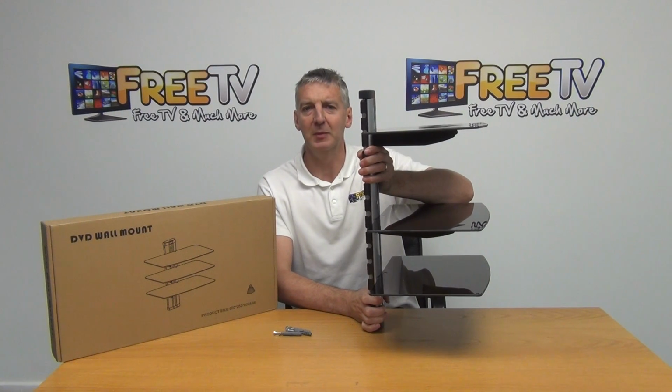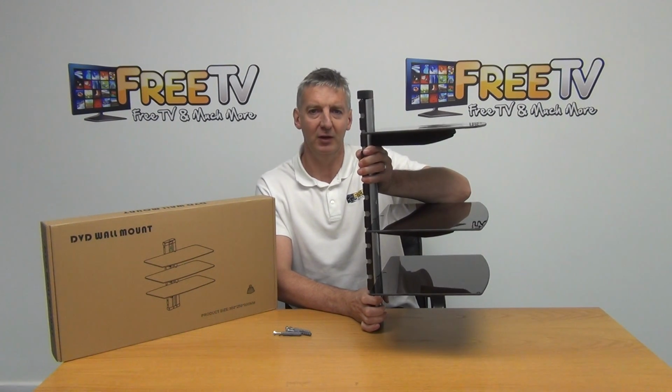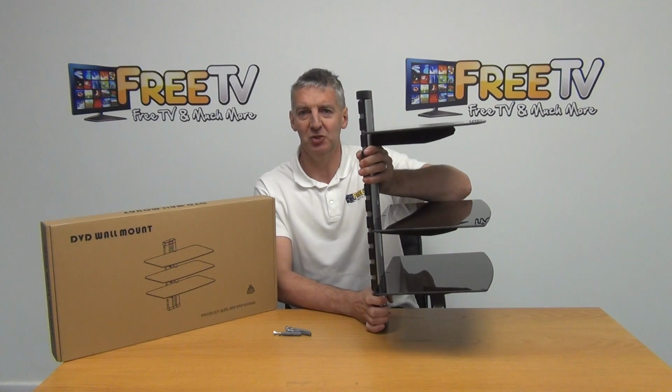Hi, I have in front of me a receiver wall shelf. This is basically a three-tier unit. It's available with free delivery directly from freetv.ie. And we've added this on to our product range simply because our single and double shelf units prove to be